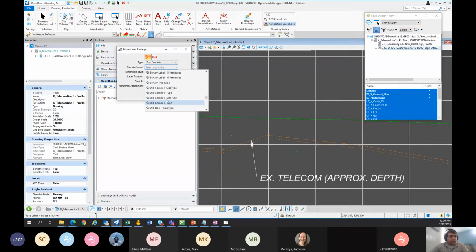So for right now, I had to have a different text favorite for each utility type. So communications like fiber optic, telecom, cable, all those are like your communication ones. Then there's electrical, gas, oil, and water. And either it's going to show the size and the type or just the type. So if I wanted to annotate the utility line, that most likely is going to be a communication existing type, right? So now before I do this,